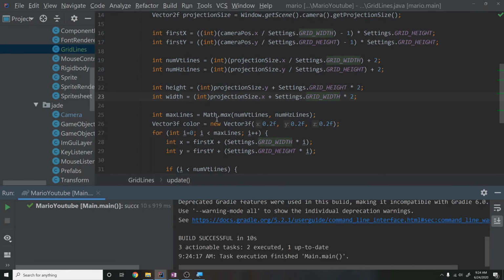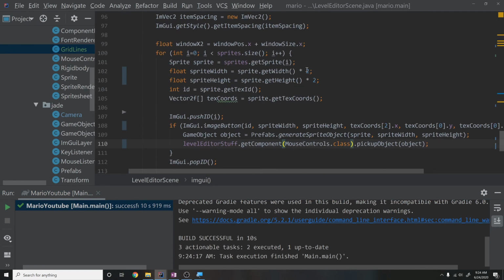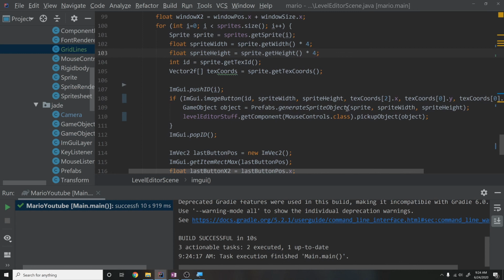One more thing I'm going to do now. Actually, we need to go into the level editor scene anyway, so let's go to the level editor scene. And I changed this to times 2. Actually, keep this times 4 because I do like it for the ImGui, but then when we're drawing it here, right,